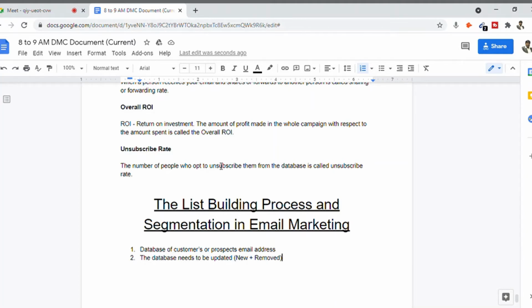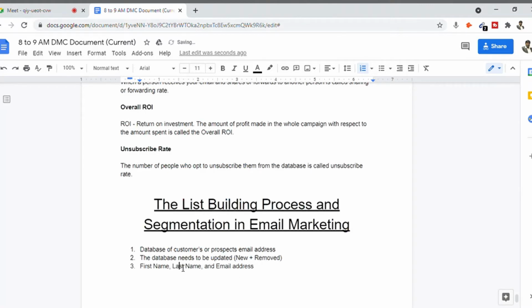You can have an Excel sheet or a Google document sheet and make sure that you collect emails with details like first name, last name, and their email address. This is one option.